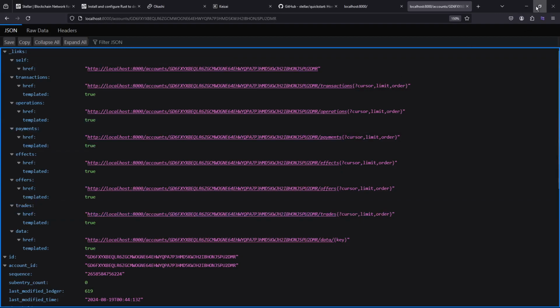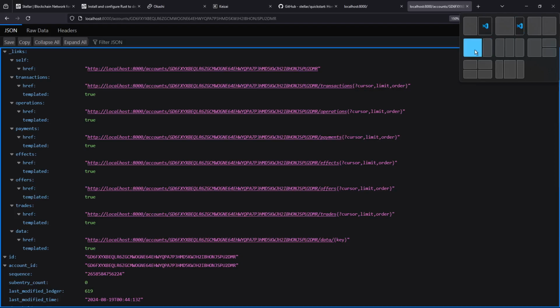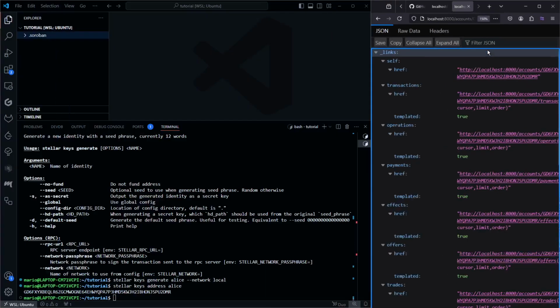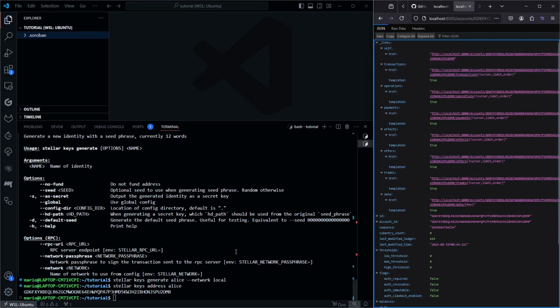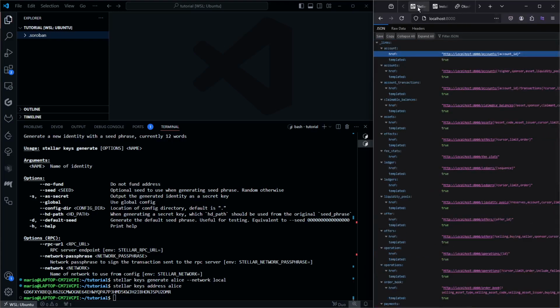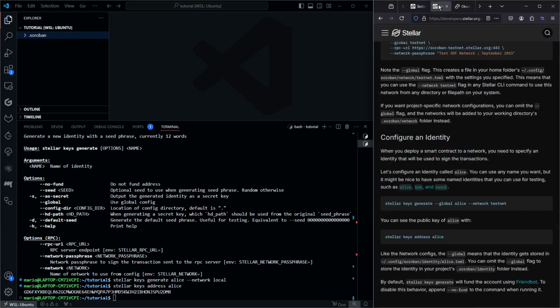So this is actually the thing. Let me just go back to our layout here. What was the layout here? This is the layout. Yes, so that's what's happening. I can close this, I don't want too many things open. So this is the address, the Stellar keys address. Once you have that address,